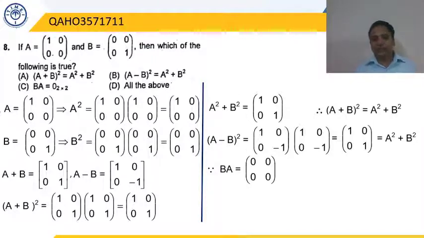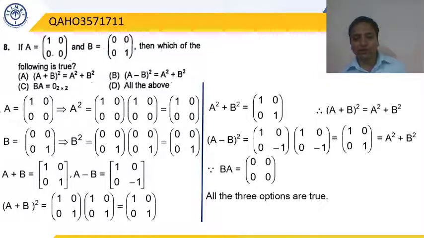I hope this is correct. This is true. In an examination, if all of the above is there and you get one choice as correct and another choice as wrong, there is no need to check the third one. If you got one choice as correct and the second also correct, then still there is no need to check the third one, because all of the above is given. You can straight away mark it by checking at least two. But just for safe surety, we check the third choice also. I hope this is clear. This is perfectly clear. Moving to the question, all three options are true, so we should mark choice D.